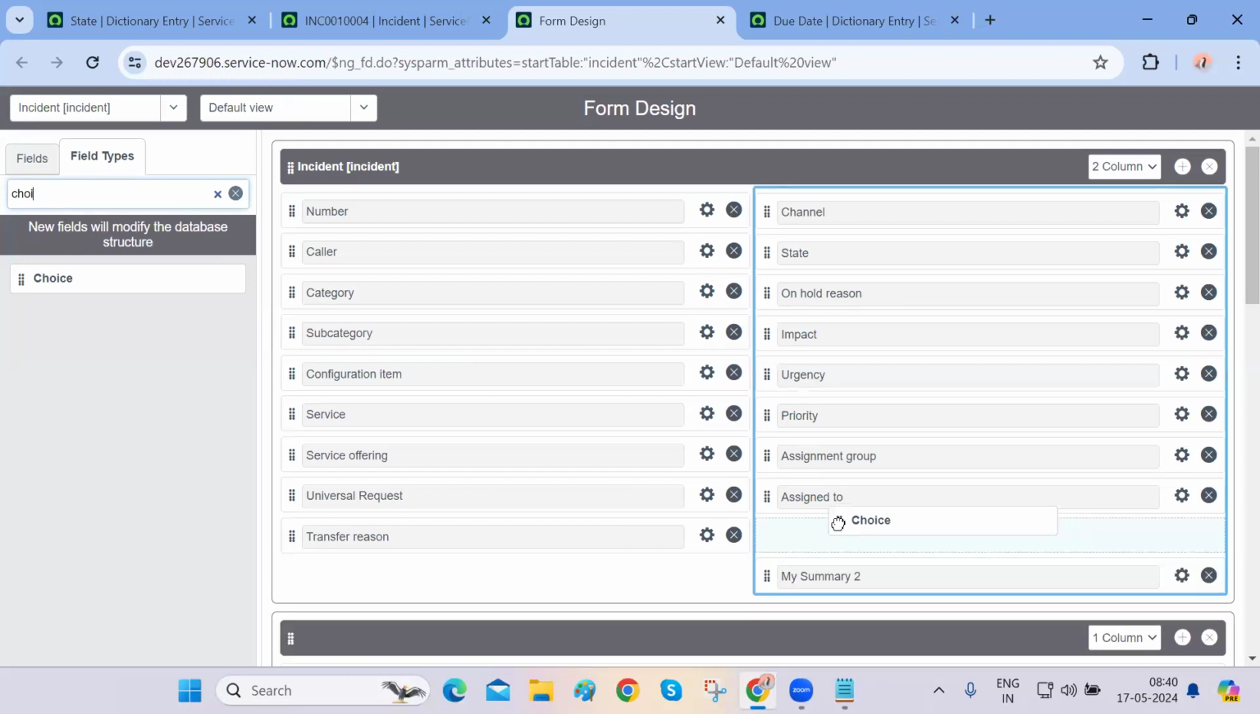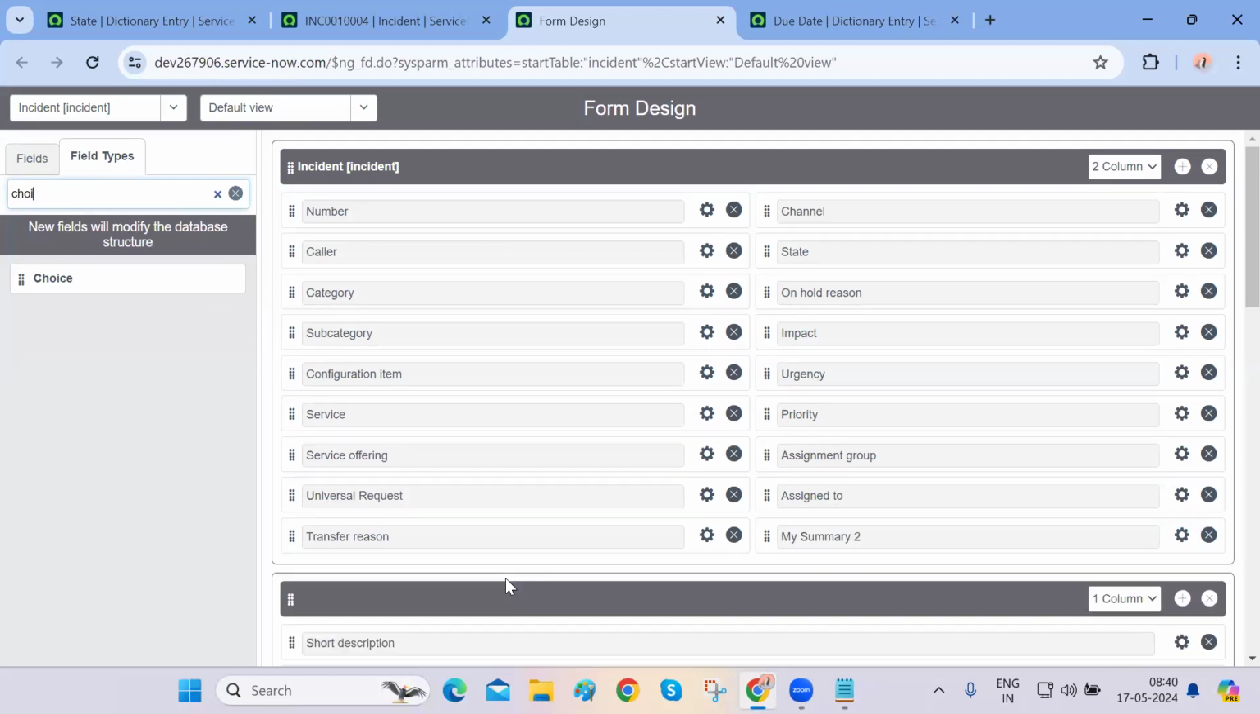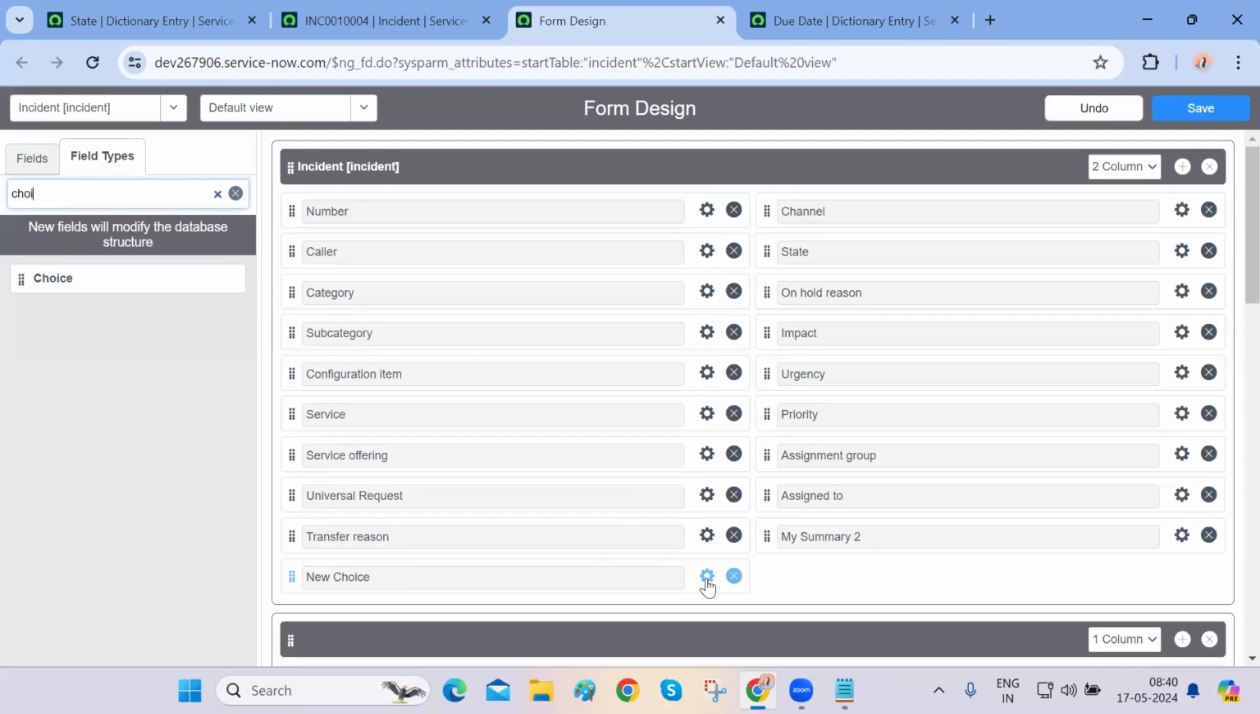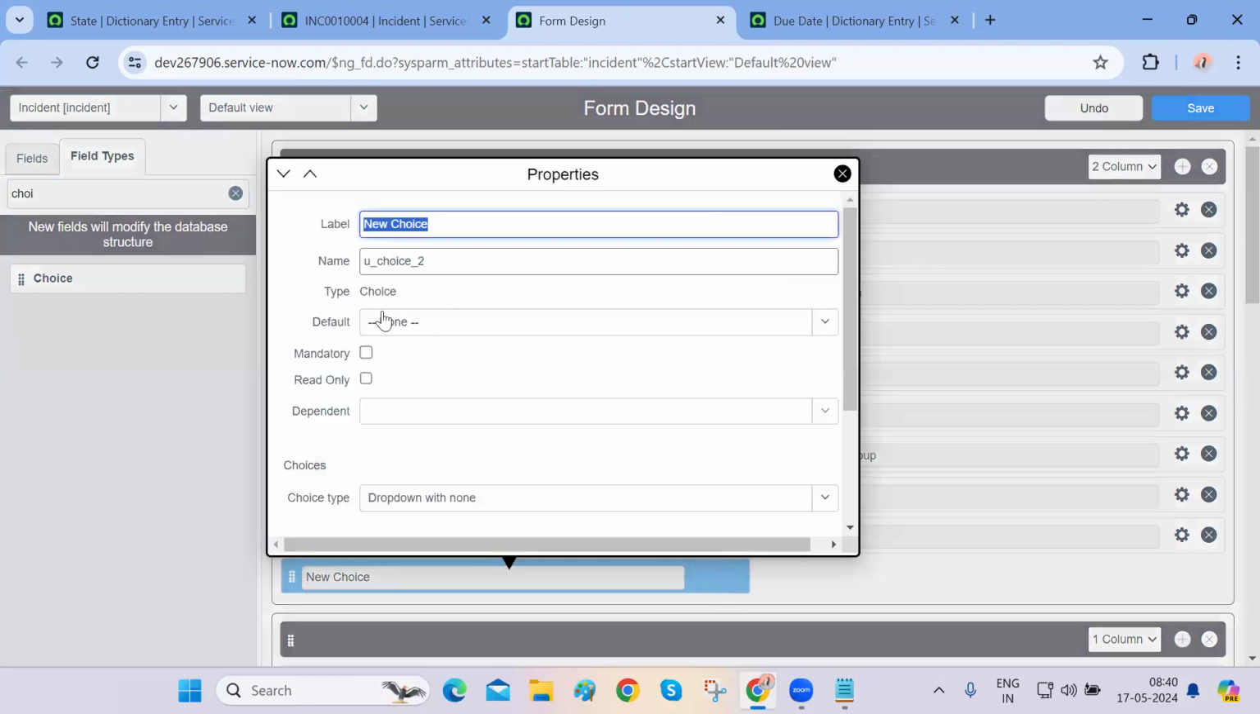Bring it onto the form, anywhere you want to position it, and the new choice is created. Click on the magnifying glass icon. Type is actually